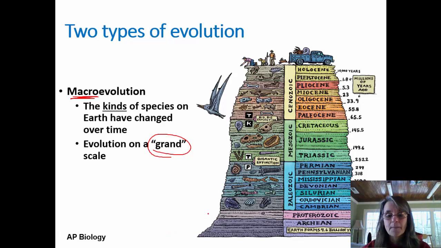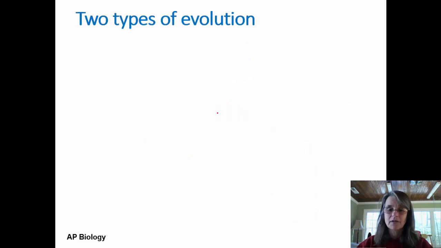We have gone from the most simple bacteria being the first organisms, to some perhaps invertebrates of different sorts, and those changing, and then reptiles, dinosaurs, things like that. We are talking big scale evolution. That's macroevolution. Really not easy to observe given our short lifespans. We can see the evidence that it has occurred, but it's hard to observe it actually happening, as compared to